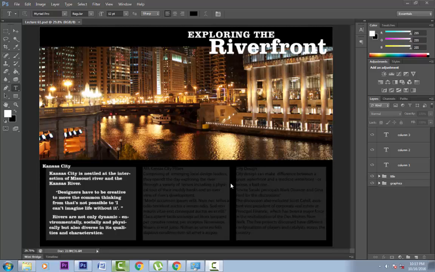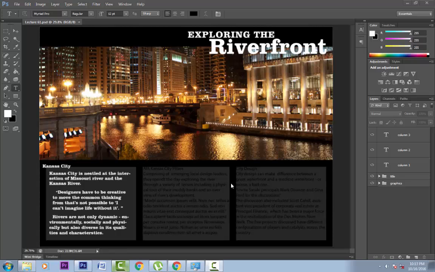These two features, character styles and paragraph styles, are new to Photoshop CS6, but actually they have been around for quite a while. They started over in Adobe InDesign and were also included in Adobe Illustrator, and now they have been added to Adobe Photoshop. They will prove to be your best friend if you are working with large amounts of text.